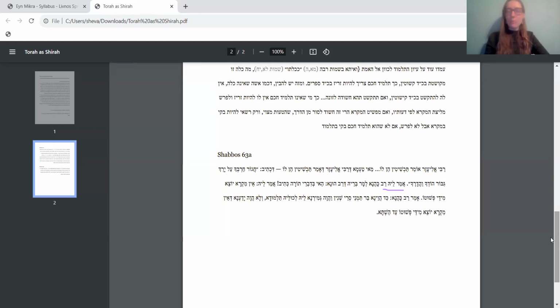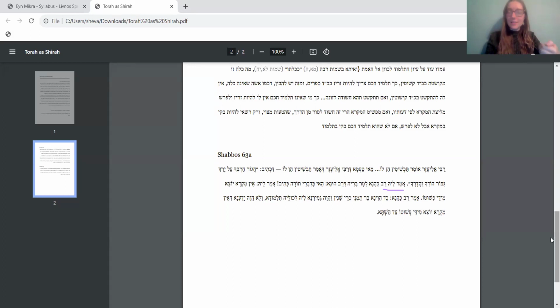Okay, so let's look at one more source tonight. We're going to raise some questions and then we're going to answer them next time. This comes from the Gemara in Shabbos, and there is a conversation taking place about whether or not a person is allowed to carry a weapon on Shabbos. We know obviously that there are halachos about not carrying on Shabbos. So the question becomes, is a person allowed to carry a weapon on Shabbos?